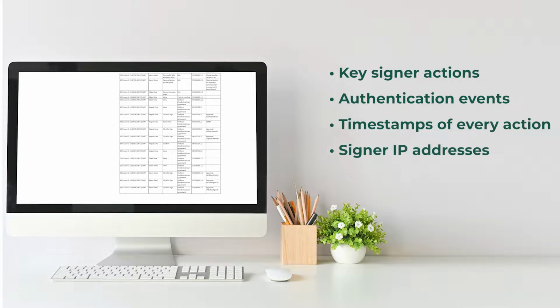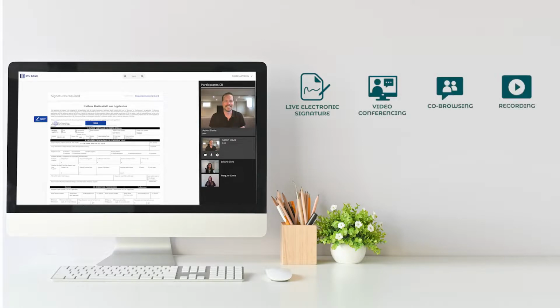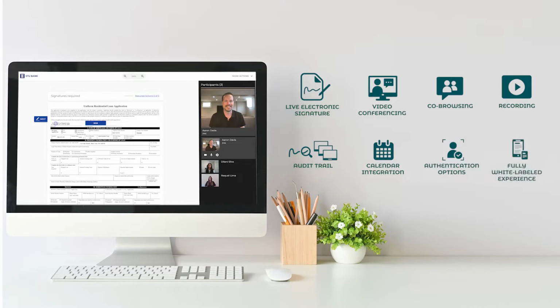addresses, and more. OneSpan Sign Virtual Room is an all-in-one solution that includes live electronic signature, video conferencing, co-browsing, recording, audit trail, calendar integration, authentication options, and a fully white-labeled experience. These features all help you to recreate the power of a face-to-face interaction with your